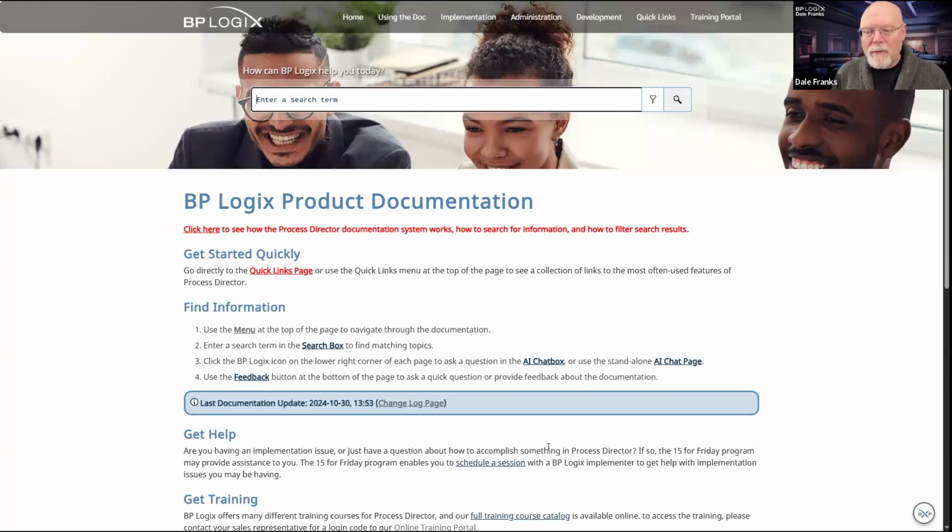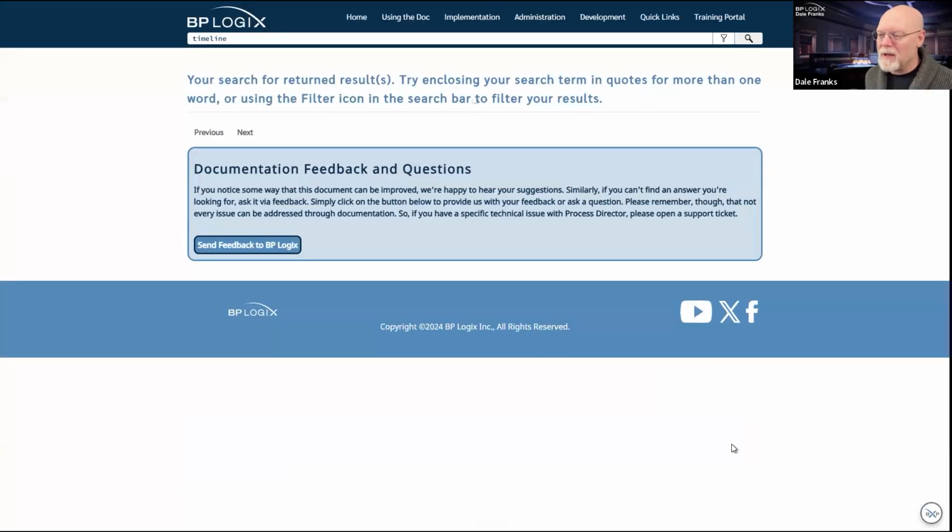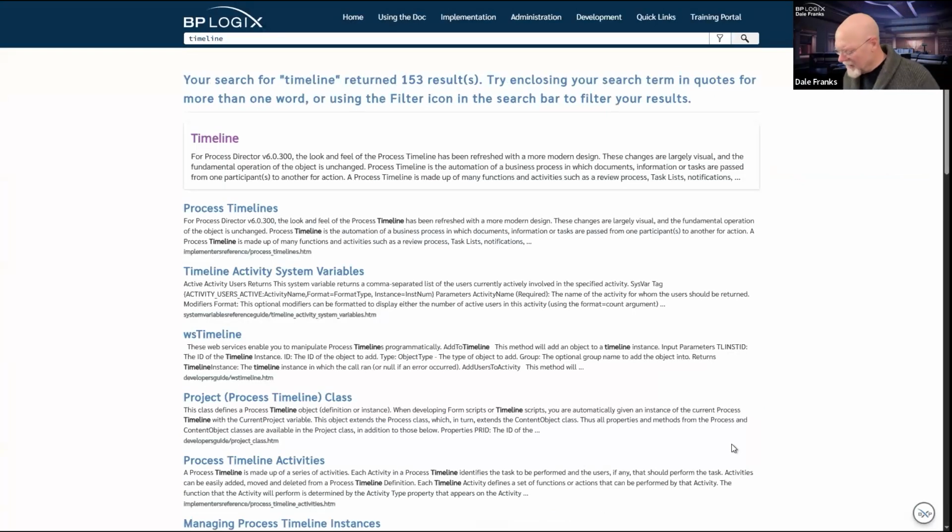You're much better off searching for process timeline or timeline. Well, if you search for timeline, you're going to get a lot of results, but it's only going to find that specific thing that you enter. So if I type in timeline, and I really do have to watch the clock on this because I have a very ambitious plan for today, and I got to be sure I don't blow through my time too quickly. So if I go to timeline, okay, well, there's a topic on timeline itself.